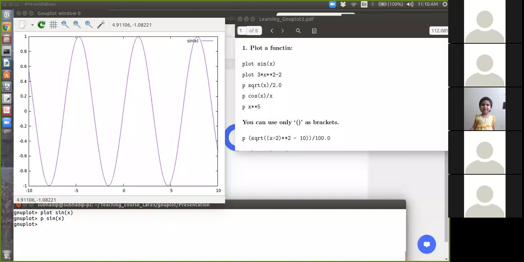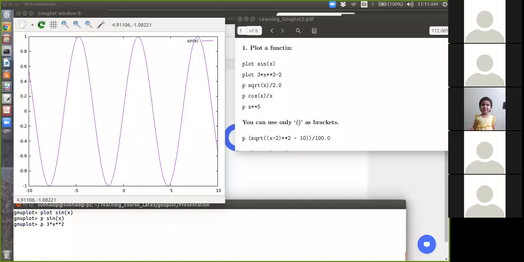Now suppose you want to plot some power law function, like 3 times x square. Multiplication is denoted by a star, and x square is x raised to the power with a double star.